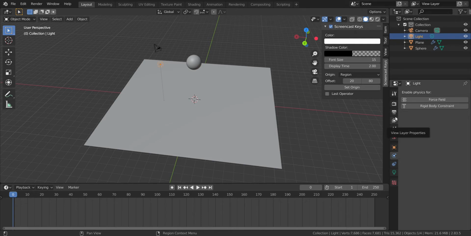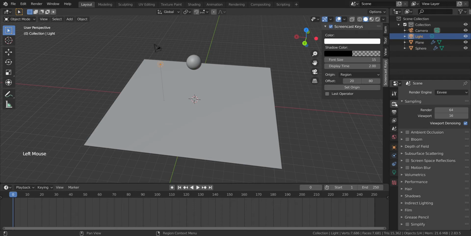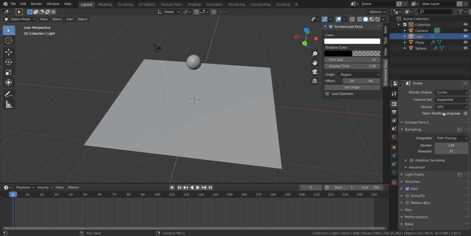So the first part under this is we will be making some rendering changes out here. You have to select the render properties and we will change the render engine. We will choose the Cycles engine for this particular animation. And under the device section, if your system has a GPU, you can select GPU compute, else you should be working on CPU only, because GPU will give you some high power simulations in the Blender software.